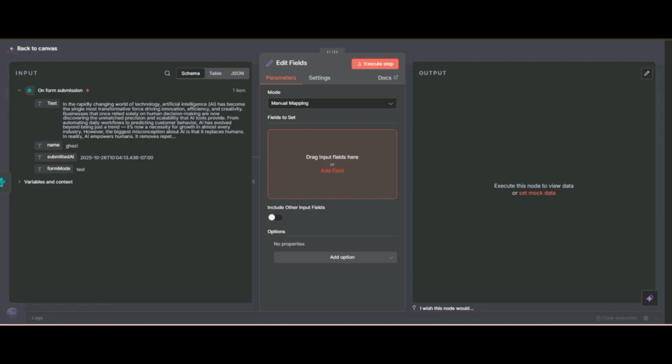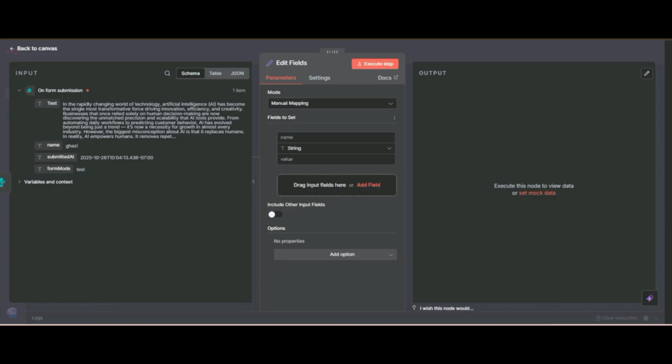Sometimes we use it for renaming the data and also filtering or removing unnecessary data, and I want to pass only this data to the agent. So I will select what I want to rename here; number, boolean and array we will discuss later.